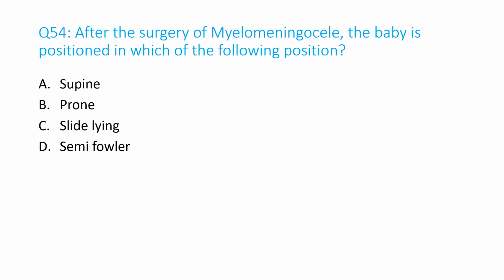Number 54. After the surgery of myelomeningocele, the baby is positioned in which of the following positions? A. Supine, B. Prone, C. Sideline, D. Semi-floor. And the answer is